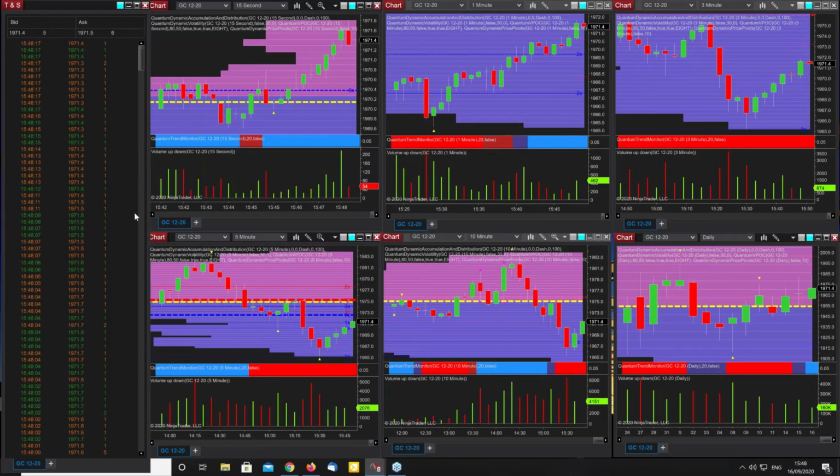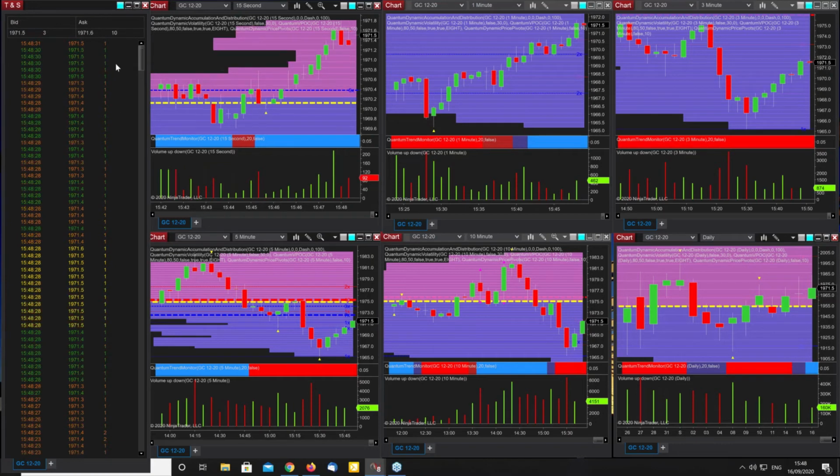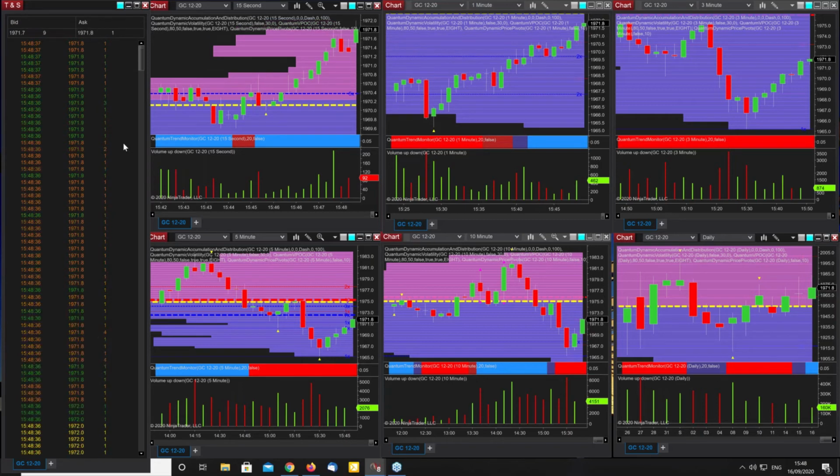This is time and sales, just gives you a view on the order size going through. I'm not interested in the 1s and 2s going through, they're just noise level. What I'm looking for is the big blocks of 20, 30, 40. I can't remember what I've got as a minimum set up here, but there is a trigger on it which will highlight those big blocks going through. And the key is when those big blocks arrive, how's the market reacted?